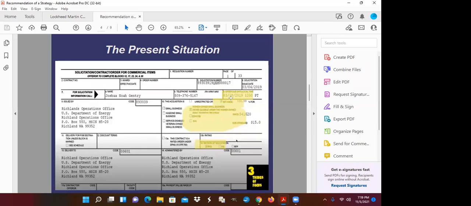But this is the offer's due date. So if that offer's due date is too soon for you, then that's not something that you want to look at anyway. The next thing you want to look at is this big section right here where it says set aside. It says set aside and then 100%. So that means that this contract is 100% for the one that's checked off right there,